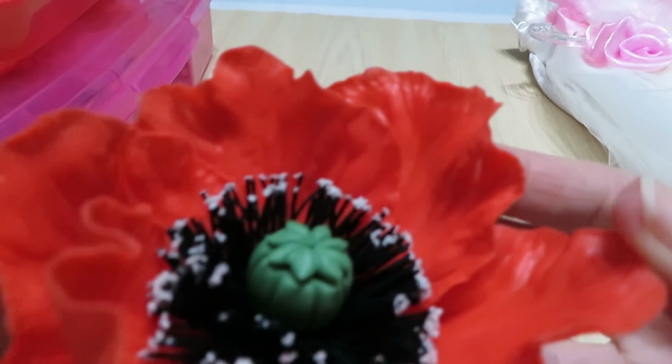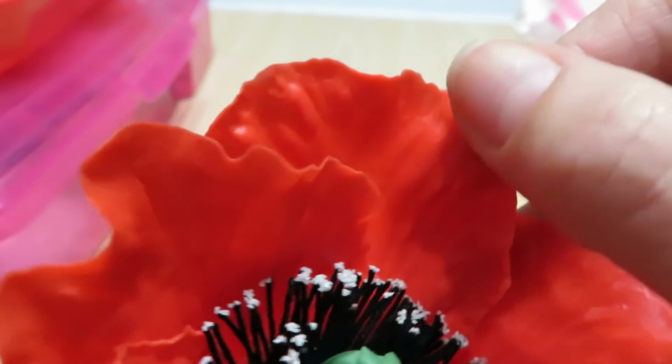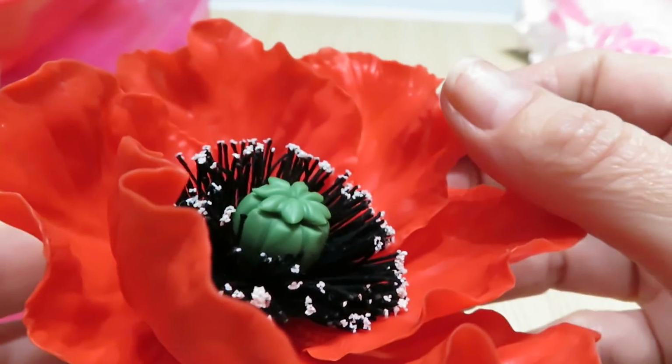Here's the beautiful... how can I show you? Beautiful poppy flower that I created from those molds that I showed you in my previous video. You might recognize the mold of these petals. And this is,